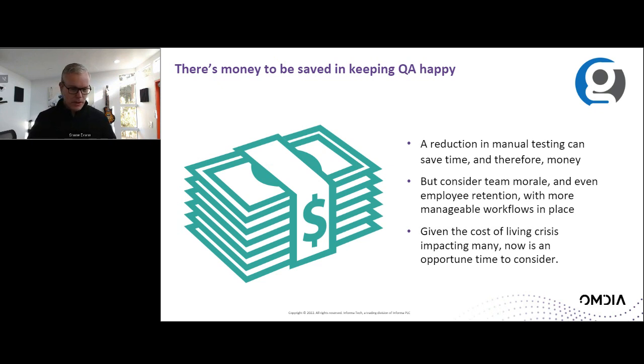So you think about bringing testers into your team, ramping them up, getting them used to your project and your processes, and then over a period of 6 months, a year, 2 years, that person burns out. Now you need to bring in another person and invest in them.